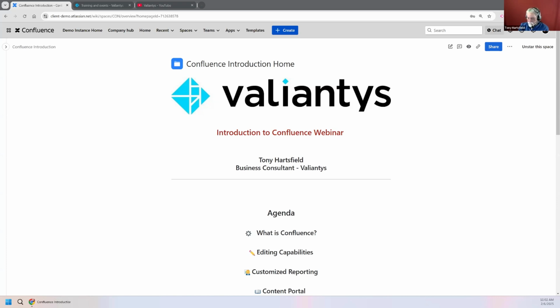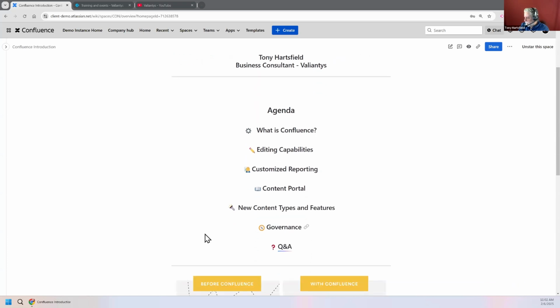So the agenda for the hour together: first off, we'll talk about what Confluence itself is, and then we'll spend a little bit of time on the editing capabilities of it. And from the editing capabilities, we'll jump into a couple of demo sites where you'll see how it really can be used for customized reporting for your teams, for your project leads, etc. It can also be a content portal as we talk about different ways that you can manage the content on